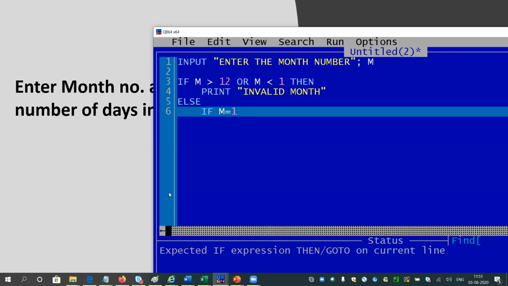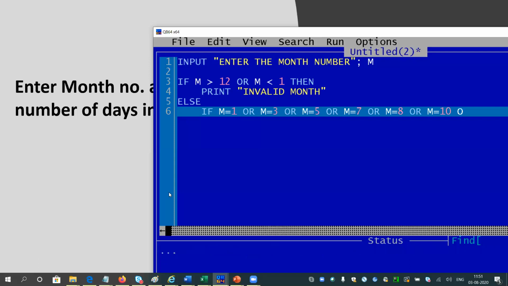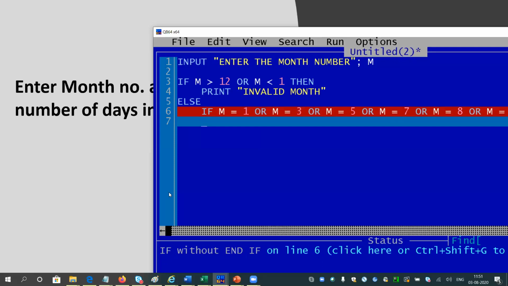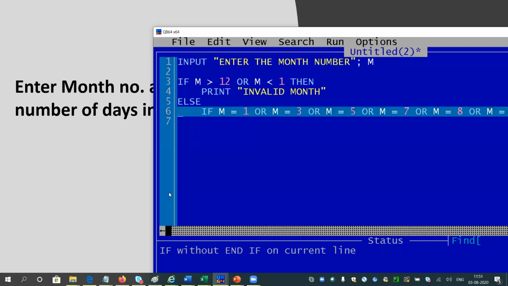If m equals 1 or m equals 3, I do not know the months actually, I think January, March, and then May. Or m equals 5 or m equals 7 or m equals 8 or m equals 10 or m equals 12, meaning December. Is it written correctly or not?